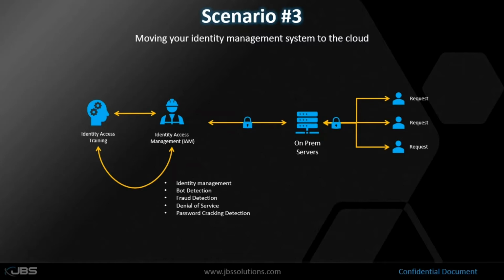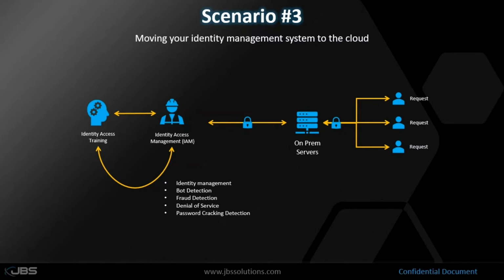So anyone have a guess as to what the security vulnerability in this one was? So I'll give you a clue. It's related to the fact that we're proxying traffic. The on-prem server was proxying the authentication requests to the cloud-based identity management system, yes. Because they thought, okay, we're going to do kind of a lift and shift, a little piece at a time. They're not just going to do one big bang